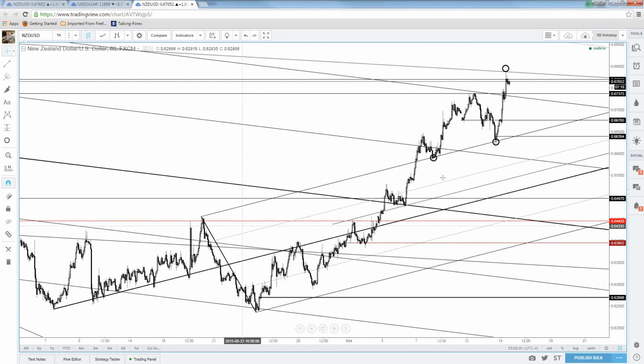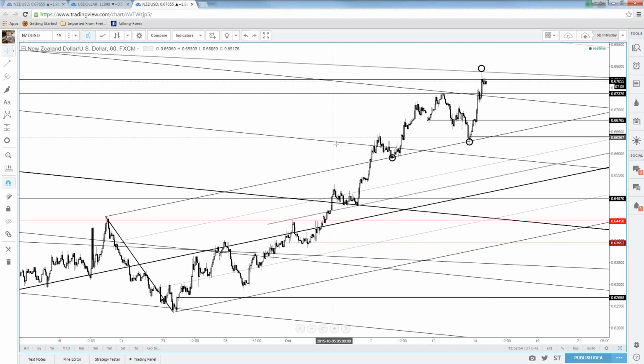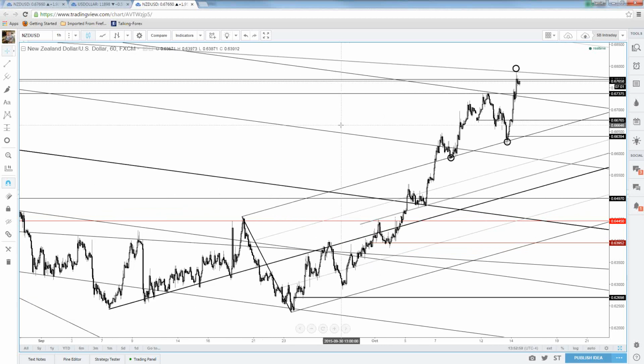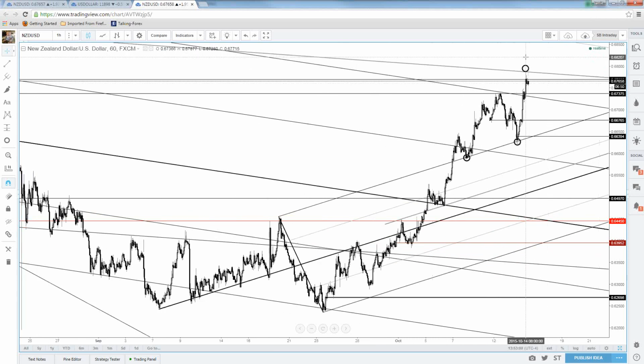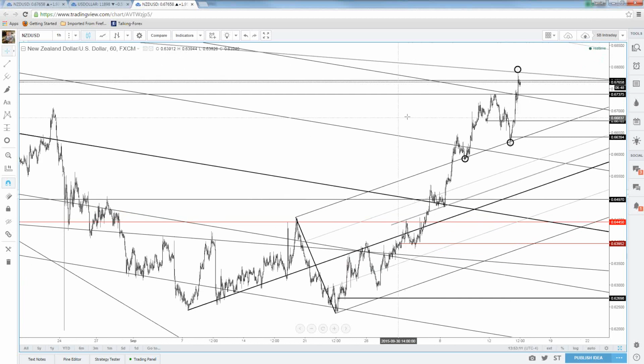The slope here, the upper parallel, right? It ended up providing support here on the 8th, and then it was support again just yesterday after Wheeler came out and said something. He's the RBNZ guy and said something about rate cuts or whatever, and New Zealand dollar tanked and then ran into support and then ripped higher again. So we're now at resistance. Okay, so would be looking for a bigger turn down here. Could still see support on this line. However,